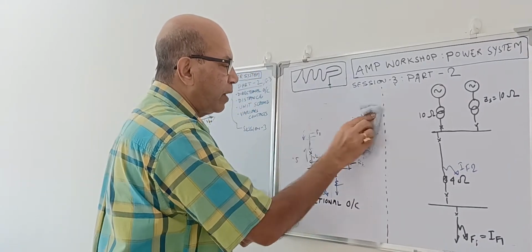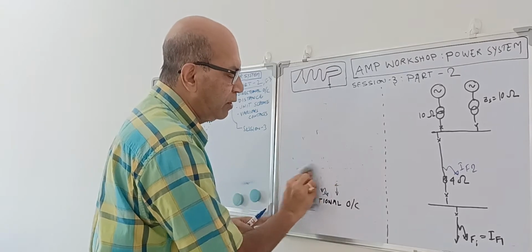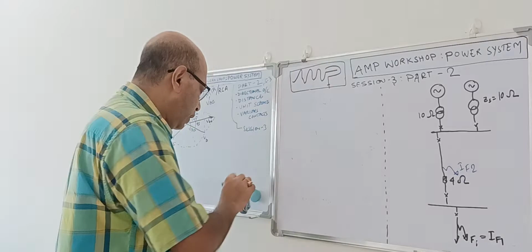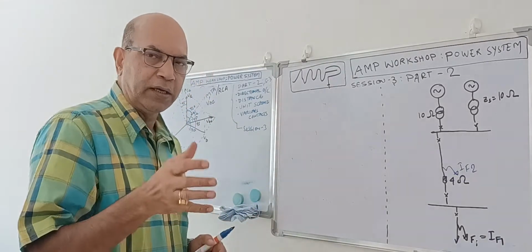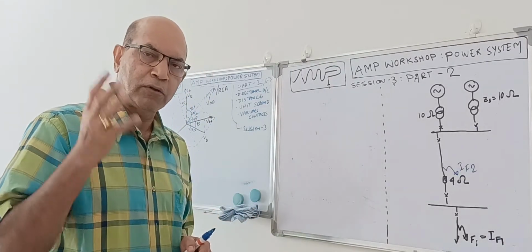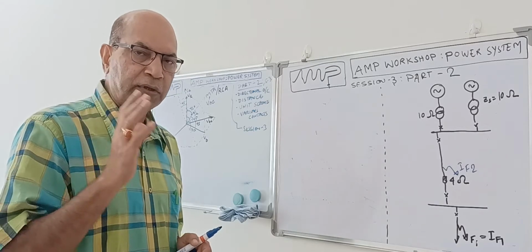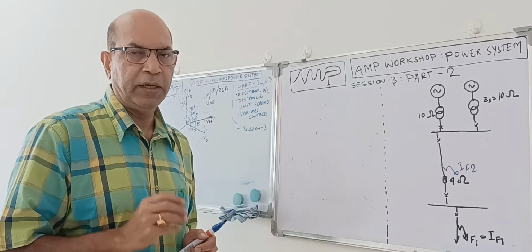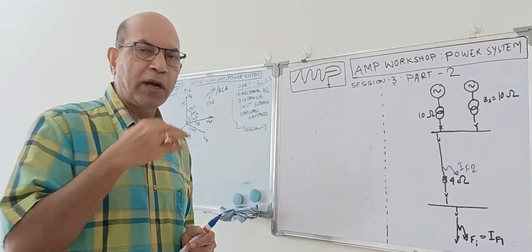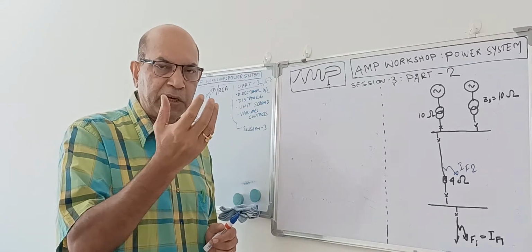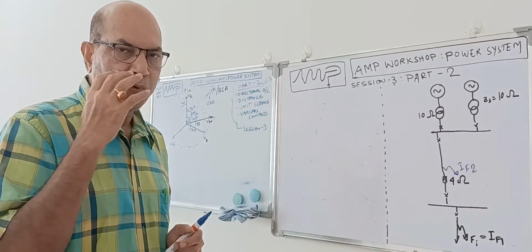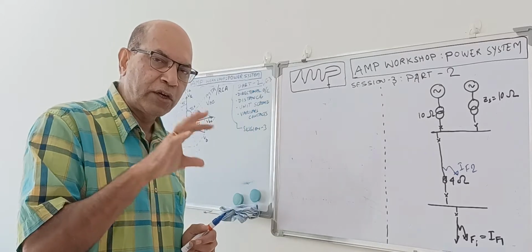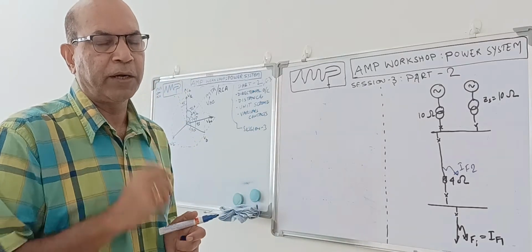Now, what is the basic difference between these two relays? In the case of a directional overcurrent relay, in addition to the current coil, the relay also senses another quantity, a voltage. The voltage gives a polarization to the current coil, so it will give the restraining. So when you give a voltage to the non-directional overcurrent relay, it is converted to a directional overcurrent relay.